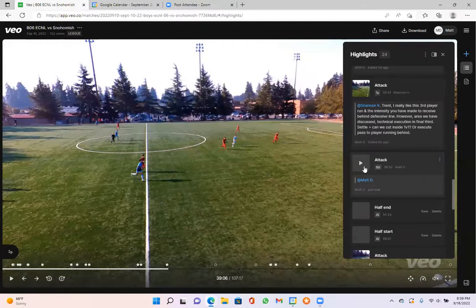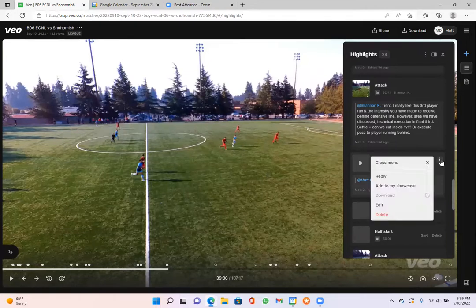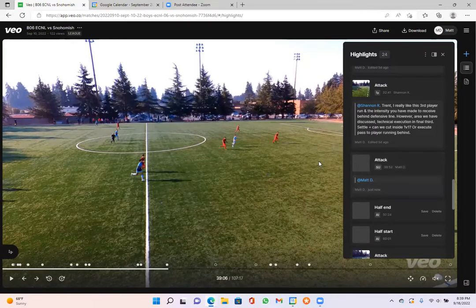Okay, there it is. And there's the highlight. So it's processing a little bit at the moment. It'll take a few seconds or a few minutes for it to come up, but the clip will be in there. Now, all I have to do to add it to my profile is go add to my showcase there. But also because I've done @MattD,